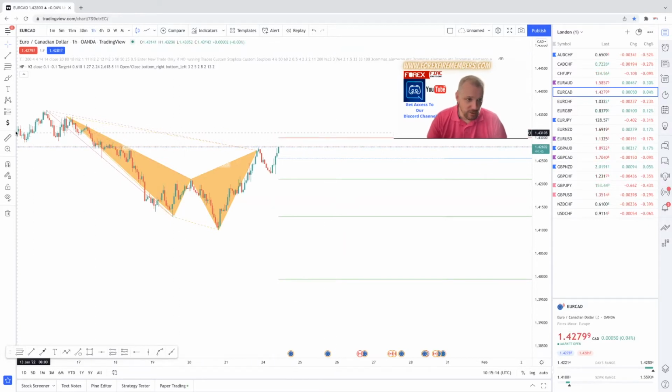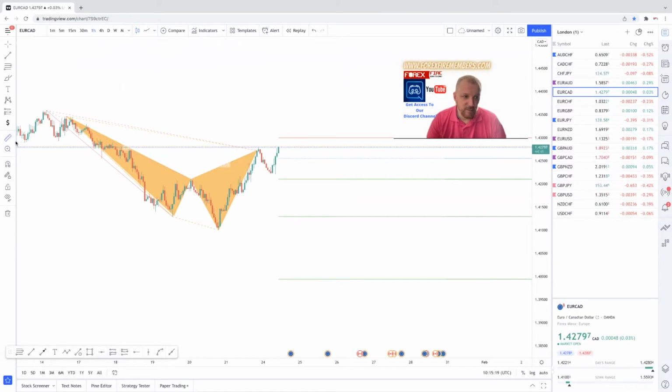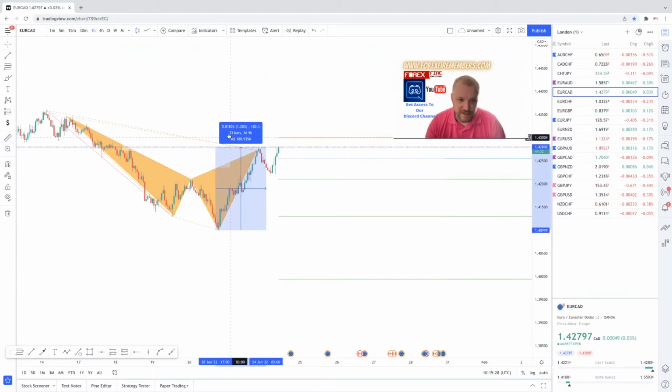Okay, so you will go to the left hand side. You will see the ruler highlighted. Make sure it's highlighted blue. Doesn't matter whether you do it from the top to the bottom or bottom to the top, from the swing to the swing. And you will see on here, this is